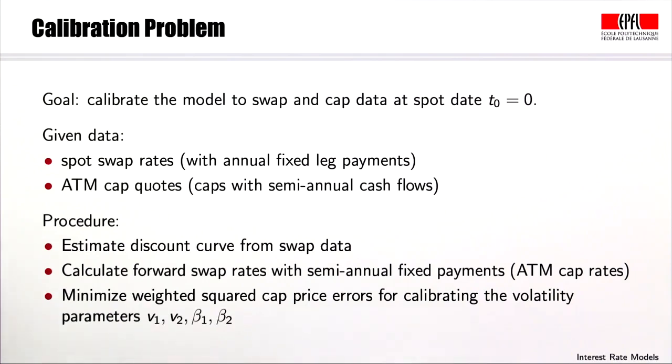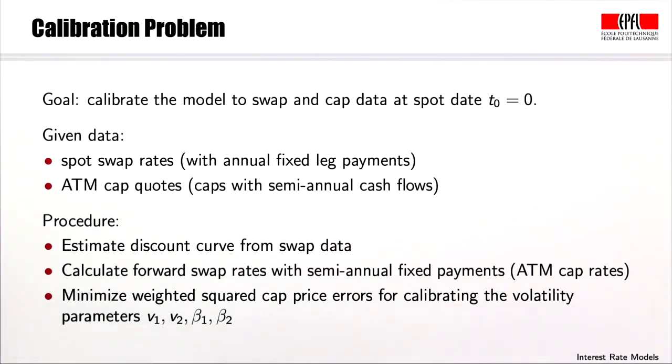The procedure is the following. We first estimate the discount curve from the swap data. Second, we then calculate the forward swap rates with semi-annual fixed payments. These correspond to the at-the-money cap rates. And then third, we minimize the weighted squared cap price errors for calibrating the volatility parameters V1, V2, beta 1,